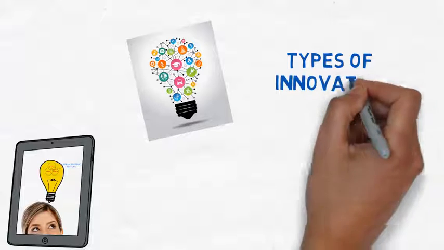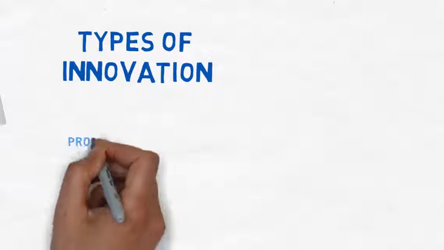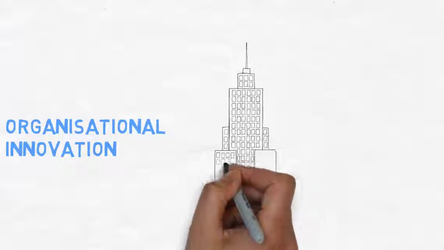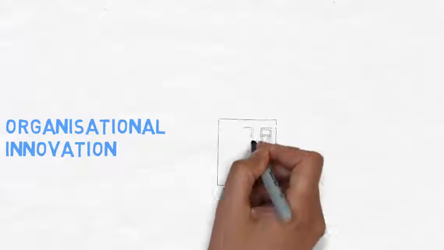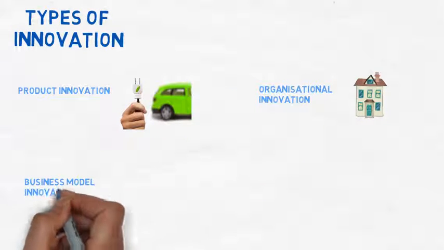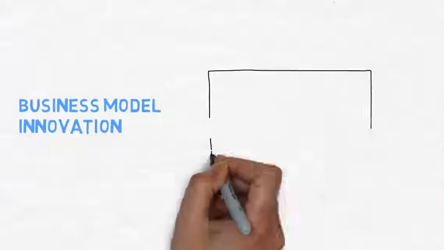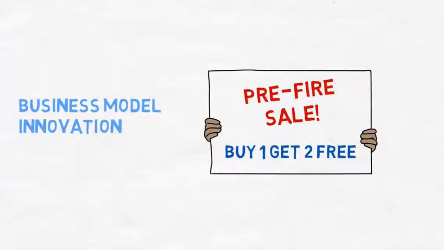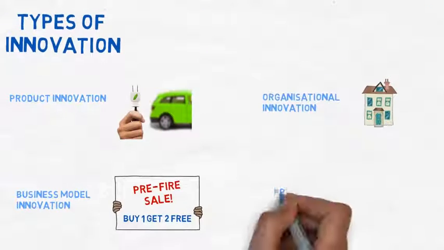So what does innovation actually look like? Here are some examples of the key types of innovation. It's easy to assume innovation only relates to product and technology, but it's much wider than this. For example, organisational innovation could be developing the culture of the organisation, or simply changing where people work. Business model innovation includes ideas which challenge conventional thinking about how a certain type of business creates or markets its products or services. For example, a unique pricing structure.